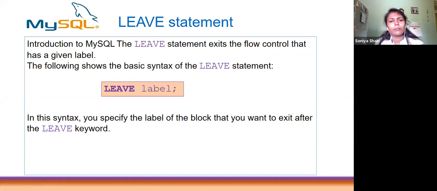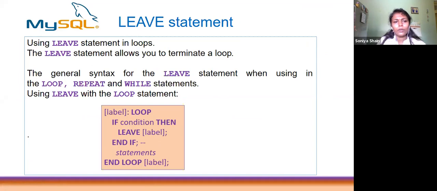This is a supporting statement used inside the loop, and like that, the iterate statement also exists here. Iterate is the same as continue in C. Continue means it will skip the following statements and continue the looping. Leave means quit or exit the loop. Iterate means continue the iteration; the following statements will be skipped and the looping process continues. That is the use of the iterate statement. Like that, leave and iterate are supporting statements used inside the loop.